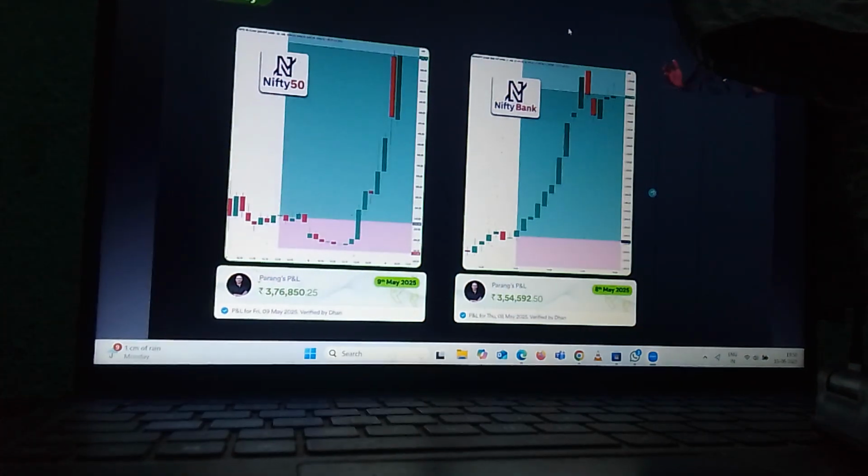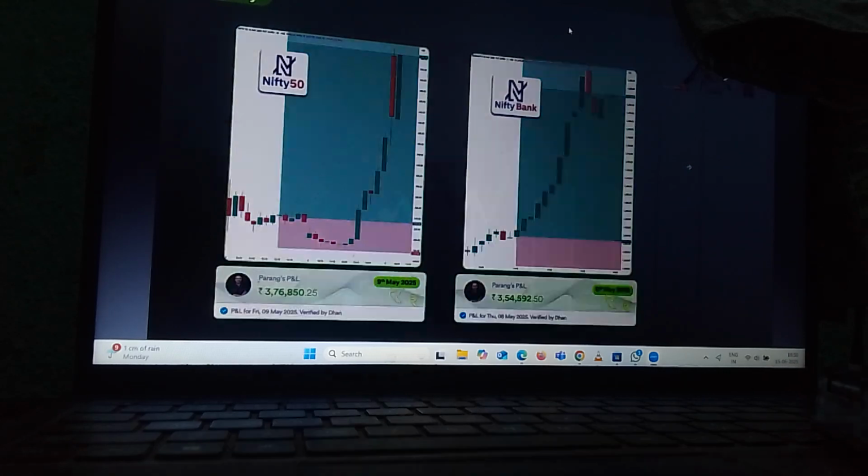Coming to the next one, it is Nifty 50 and Bank Nifty. Now this is a very, very big move that we captured. And understand that trading is not as simple or as direct as it looks, right? So we took our entries over here, and then the price went very close to the target, I think only 7 or 8 points away, and then it just blasted through the roof, and you can see the big move that came in. I think the premiums almost doubled. In Bank Nifty it was a much simpler, straightforward kind of move, but this is the power of institutional trading, and this is all done on a 5-minute time frame, right?